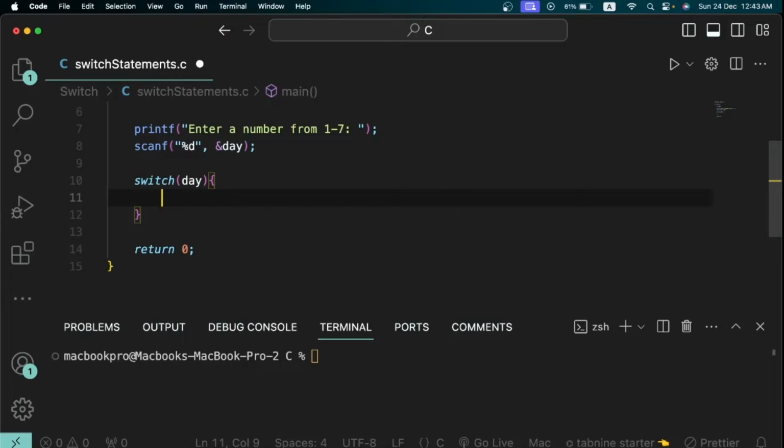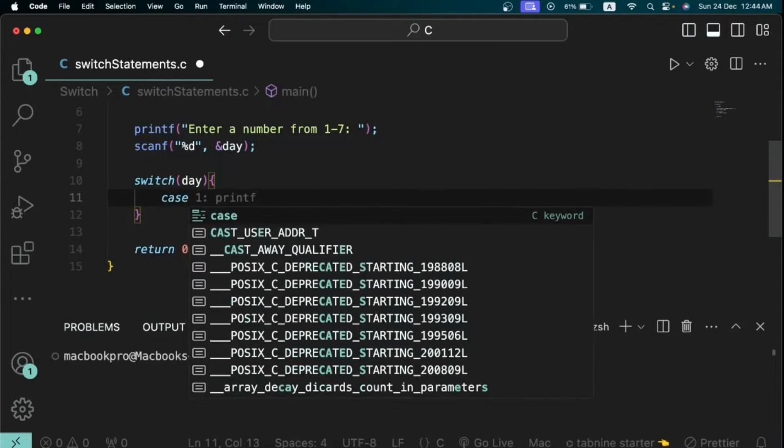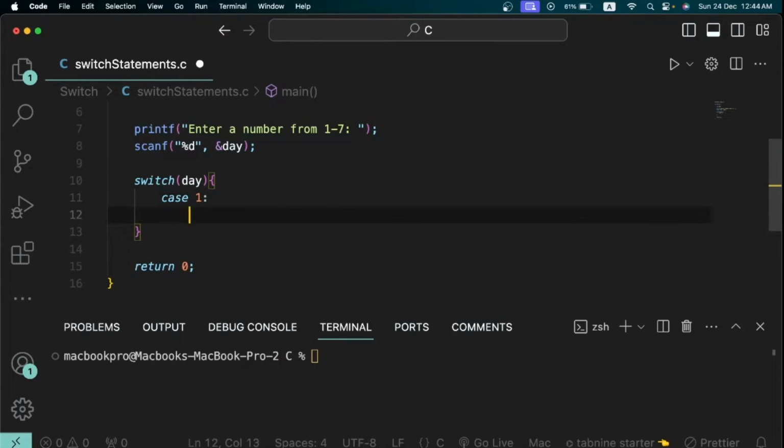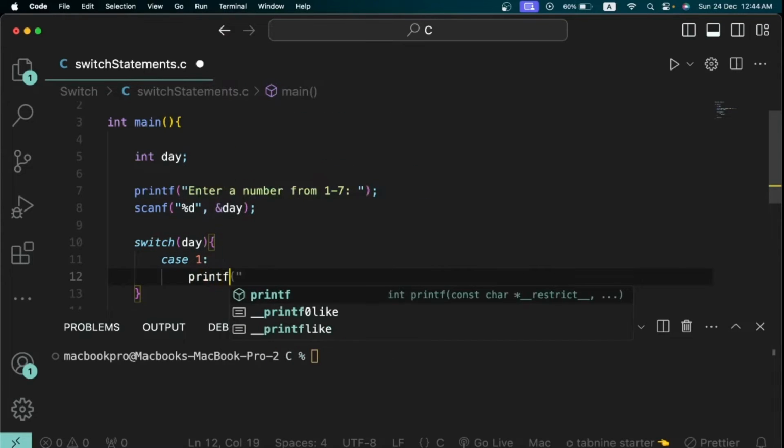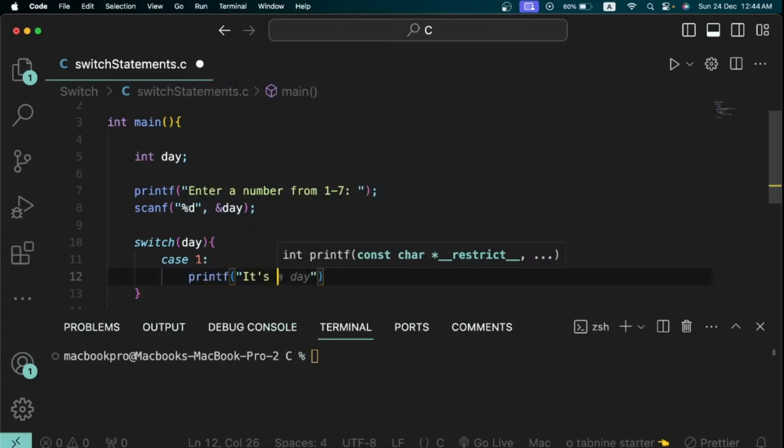When I press enter, we're going to type case 1. But before I continue typing, I want to explain. I said that we're going to be comparing a specific value to multiple cases. So we want to say that in the case where what the user enters from this scanf is 1, we want to execute some code below. So I'm just going to say in the case where what the user enters is 1, I want to printf, I'll say it's Monday,